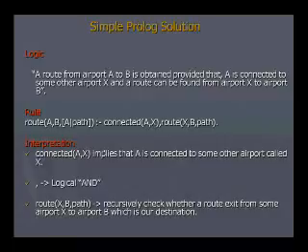Recursively check whether a route exists from some airport X to airport B, which is our destination. So here we are. We have come up with a Prolog solution to find routes between two given